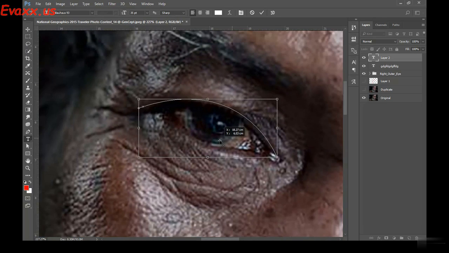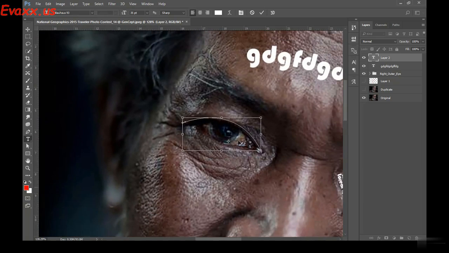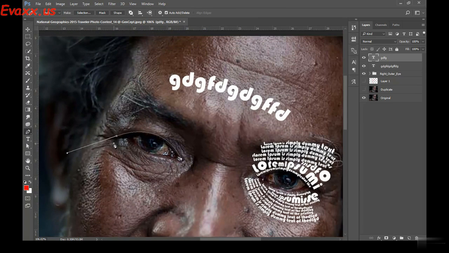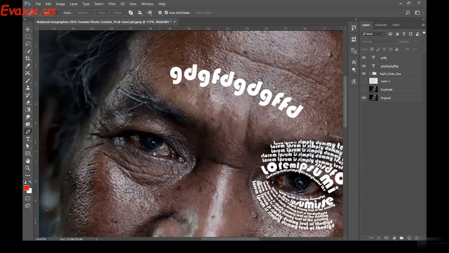The reason being, when you zoom in and see, the text is starting from here. What Photoshop does is, when you start from point A to point B, it thinks the starting point is from here and it's going to end here. So it's not going to consider that you're going to type on top of the path. Instead, it's going to think you're going to type below the path. So in these cases, either you can just use a line from here to here and then type over it,